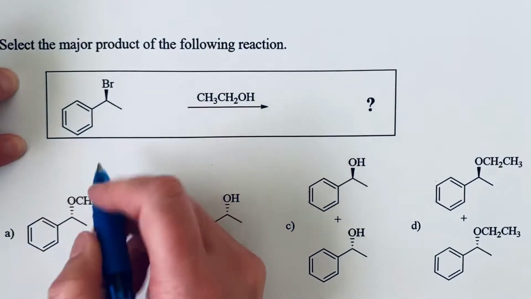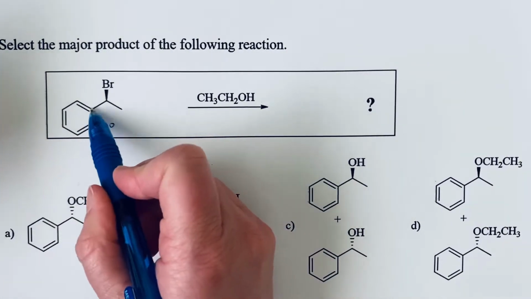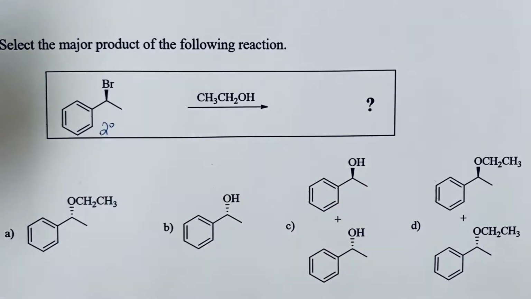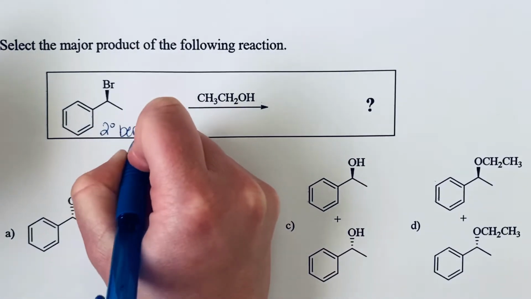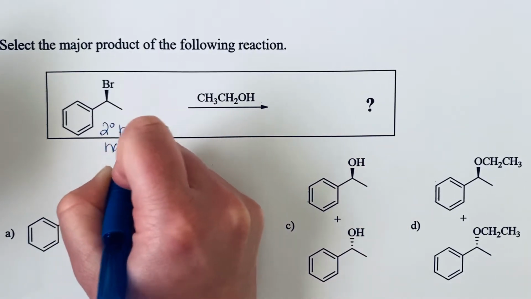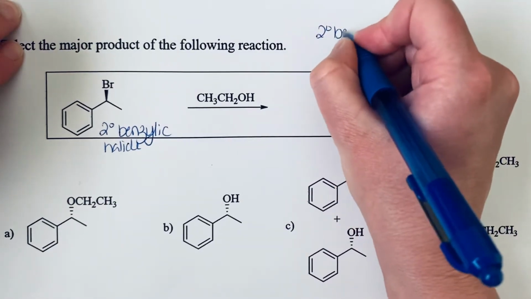So we have a secondary benzylic halide here. Secondary, 2 bonds to carbon; benzylic, because that leaving group is on the carbon directly attached to a benzene ring. Okay, so with a secondary benzylic halide,